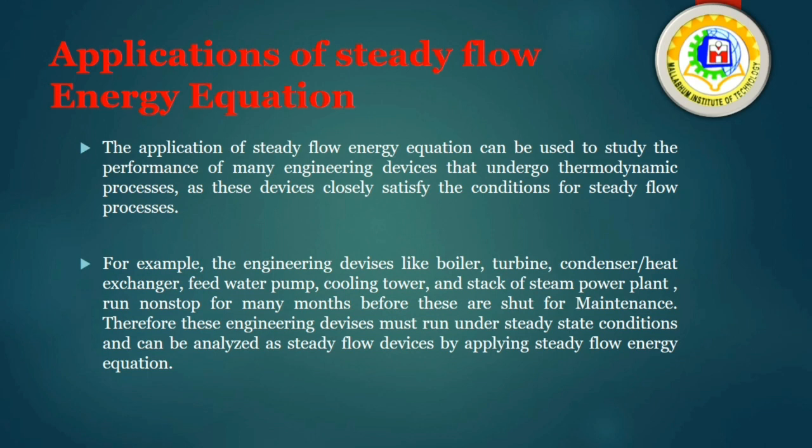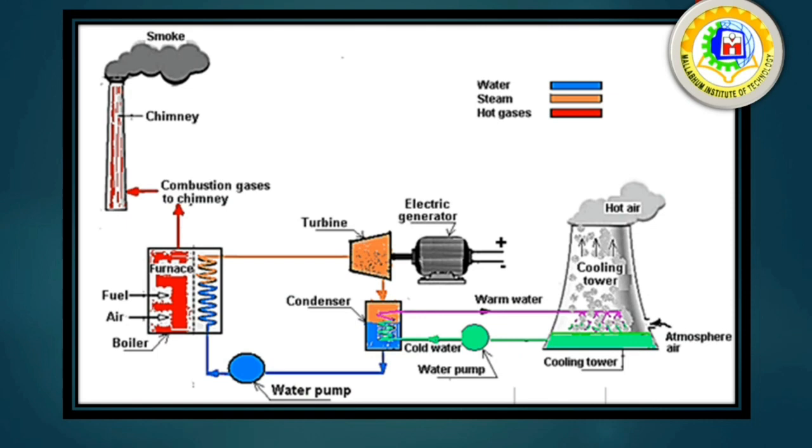For example, engineering devices like boiler, turbine, condenser or heat exchanger, feed water pump, cooling tower, and stack of a steam power plant run non-stop for many months before they are shut down for maintenance. Therefore, these engineering devices must run under steady state conditions and can be analyzed as steady flow devices by applying the steady flow energy equation. The picture shows a power plant